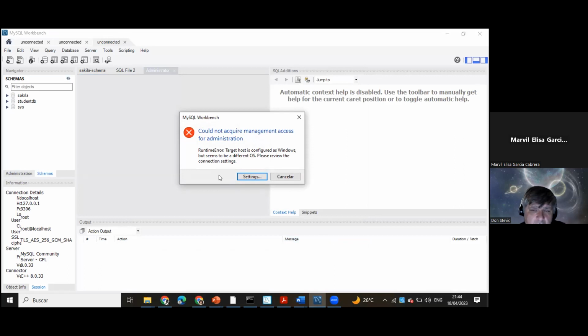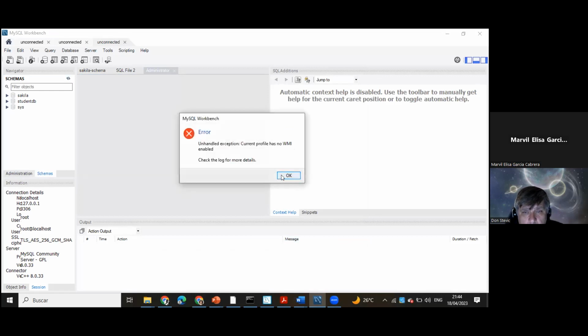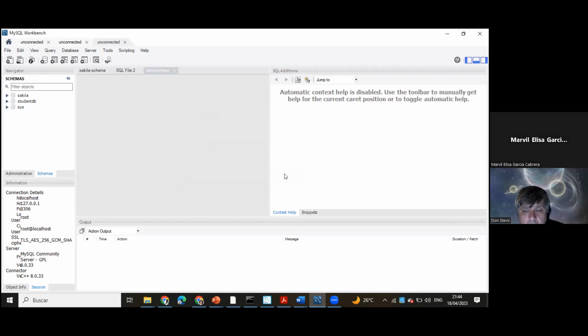Yeah, this was installed incorrectly. You're going to have to reinstall it. Okay, I'm going to reinstall it again. I would uninstall it, reboot, and then make sure you exactly follow the instructions. Let me share my screen again.